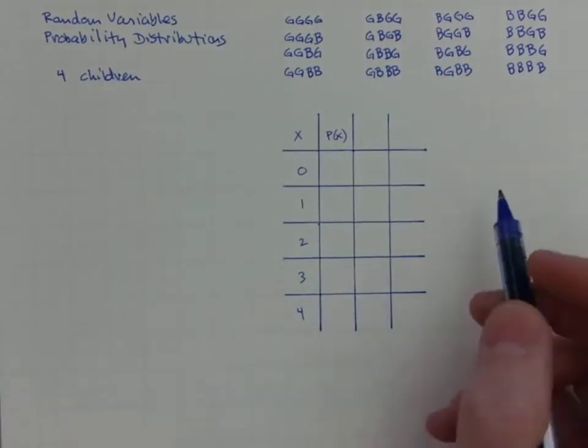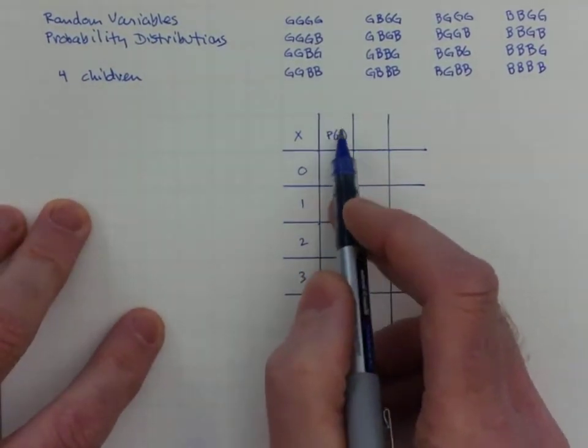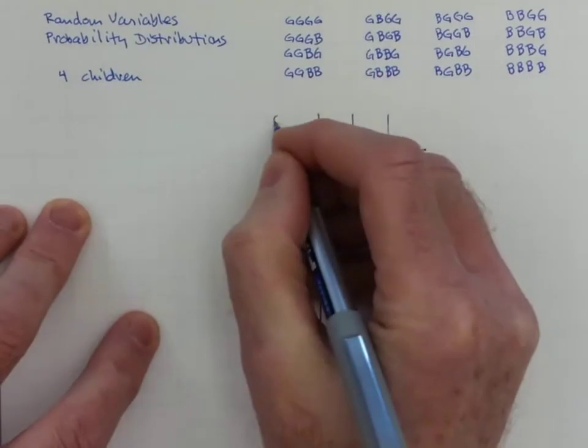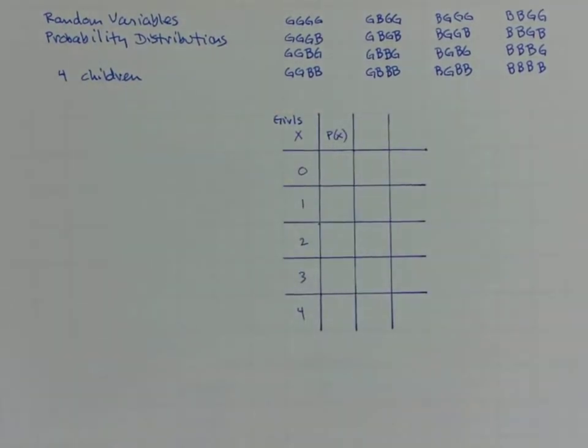And if we just do a little counting, we'll let x represent the number of girls, let's say. And this x is an example of a random variable. It's a variable, the value of which is determined by some random process. So a family of 4 is either going to have no girls, or 1, or 2, or 3, or 4, and that total will be determined by each of the individual random trials of having either a boy or a